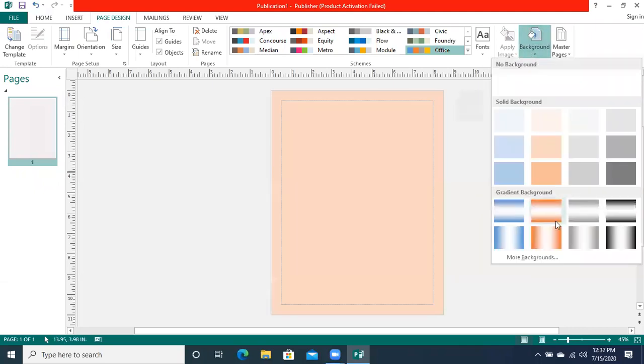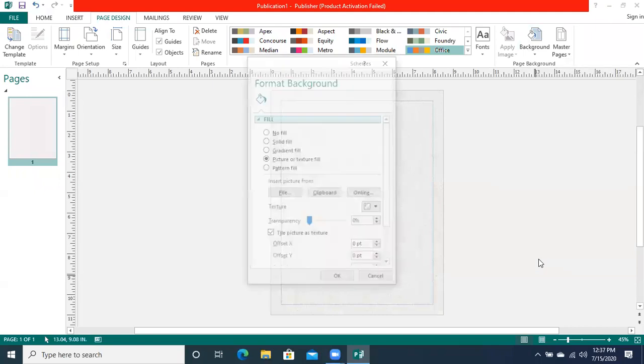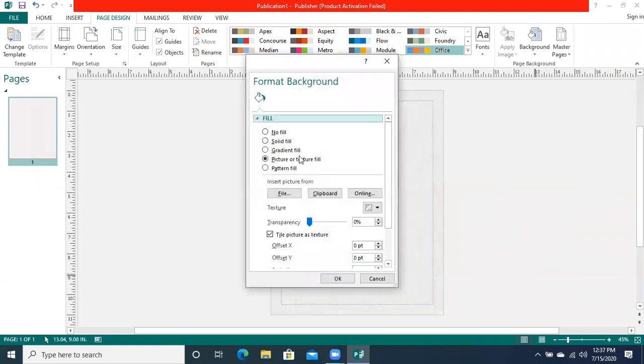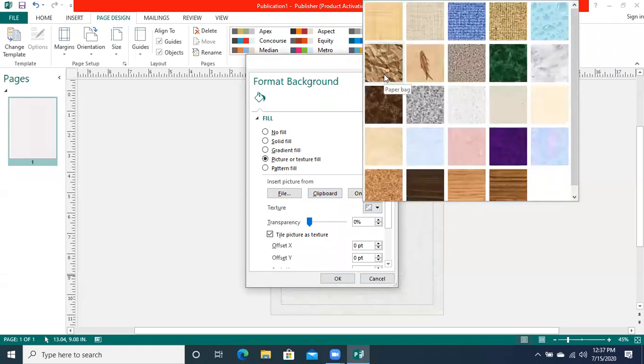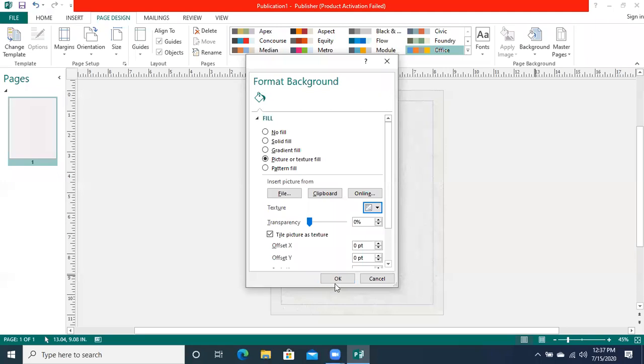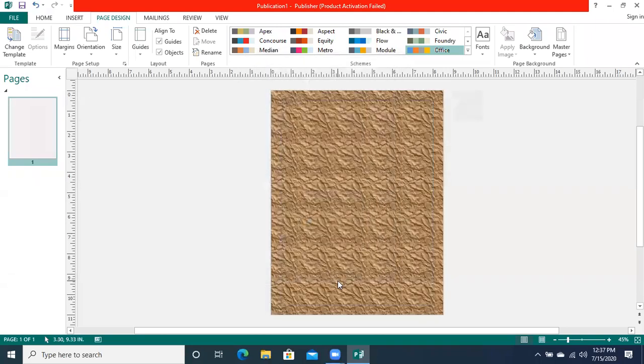If I go to the background option and I select picture or texture, and if I go to the texture which has a better texture design, now you can see that its design is more clear. These are the textures. Texture means where some embossed effect is there in the given design of color. So that is basically called texture.